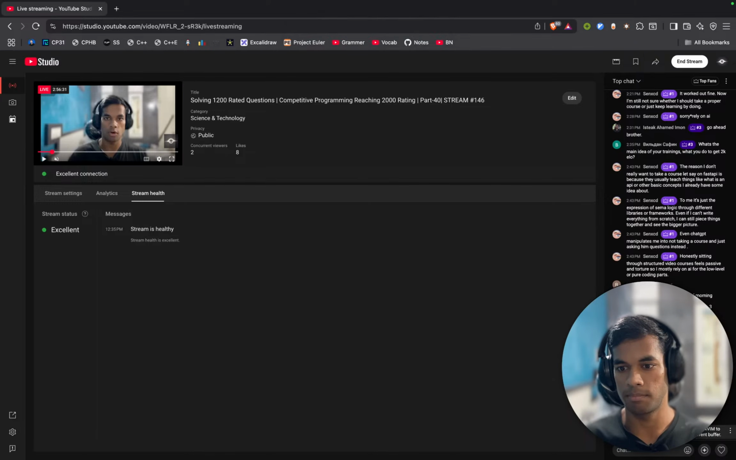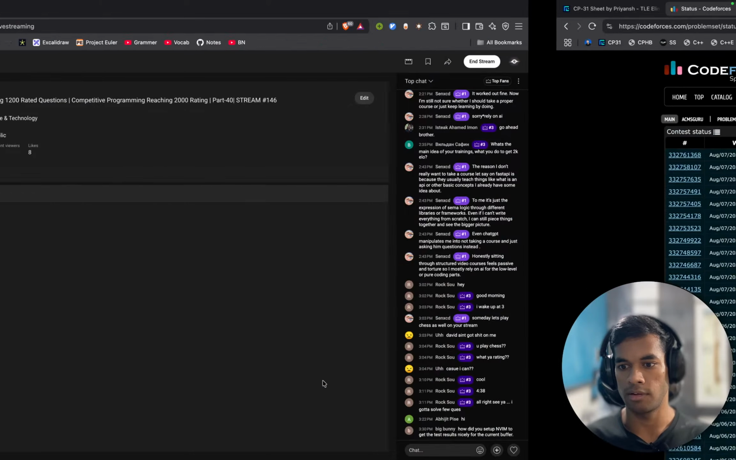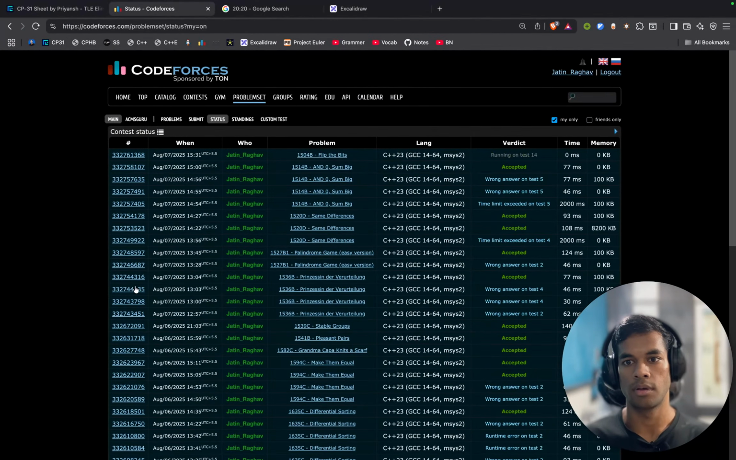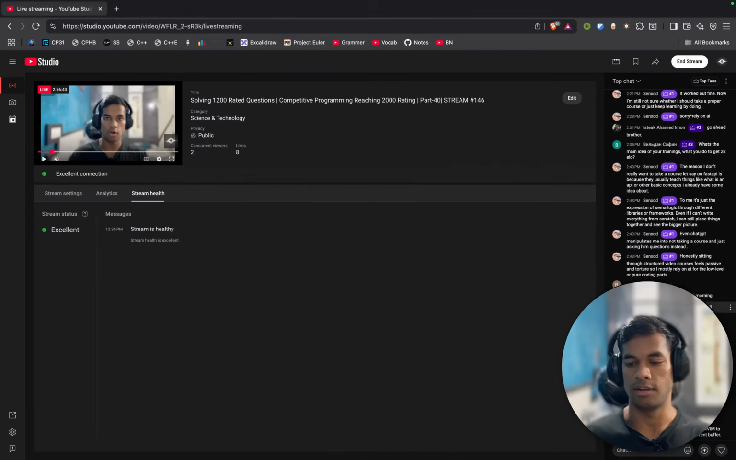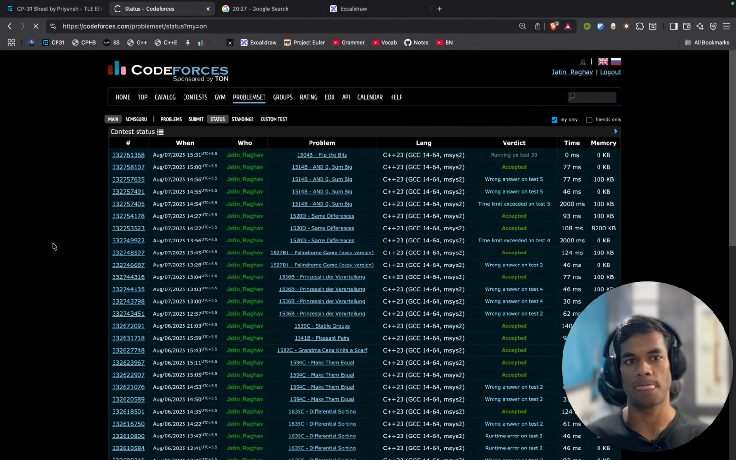Yep, that is cool. How did you set up NeoVim to get the test result nicely for the current buffer? Now I will show you. It seems like it will work. Yep, seems correct. Yo,